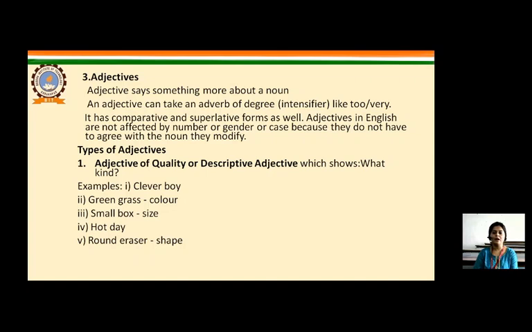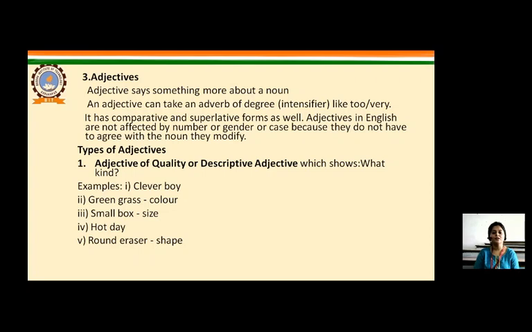But when I'm telling I have a black pen, now here I'm telling something more about this pen, that is the color of the pen or maybe the ink of the pen. Both can be black, right? Any of them can be black too. So if I'm telling I have a black pen, that is telling you something additional about the pen that I'm having. And such words that describe or tell something extra about a noun are said to be adjectives.